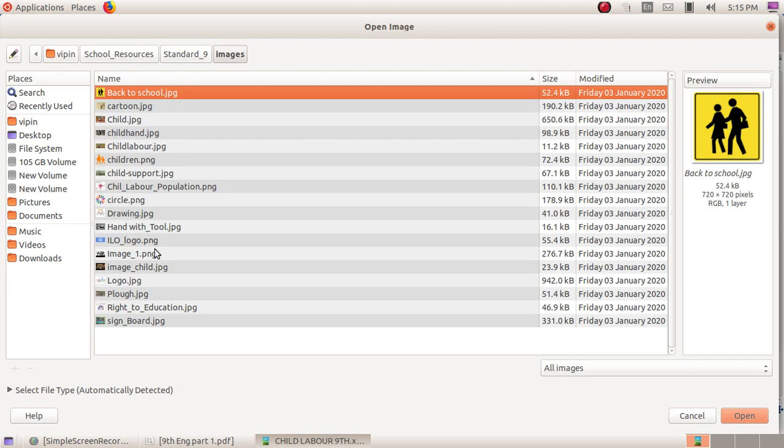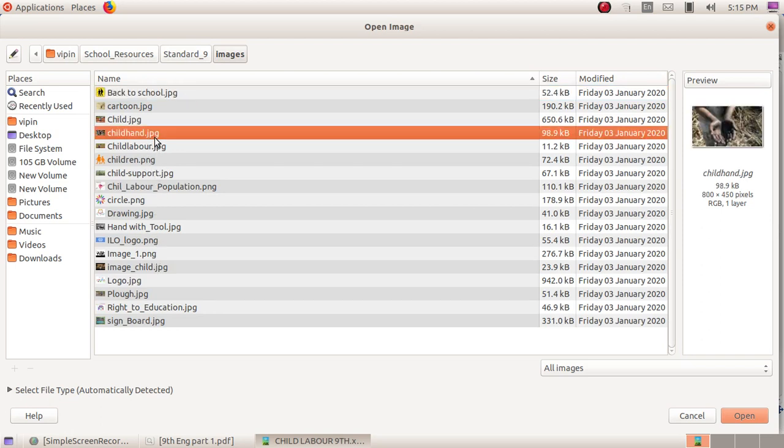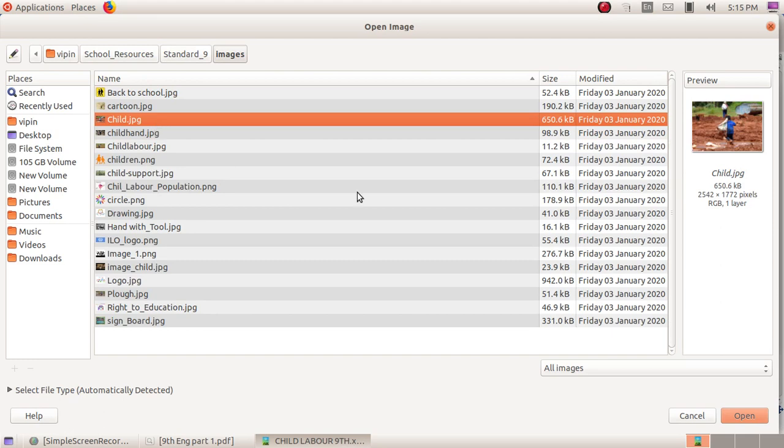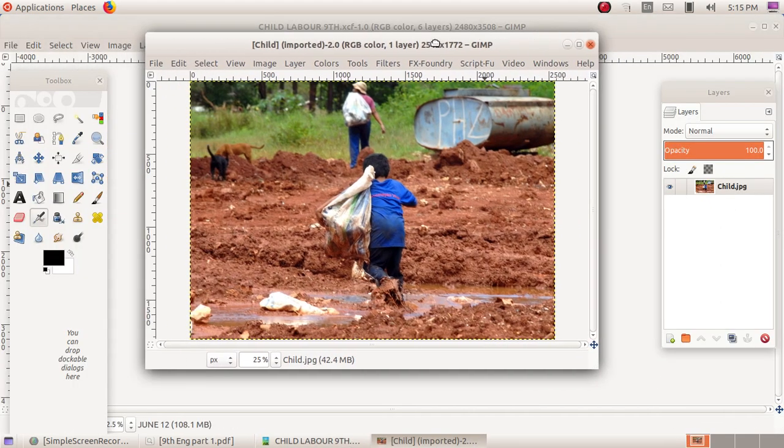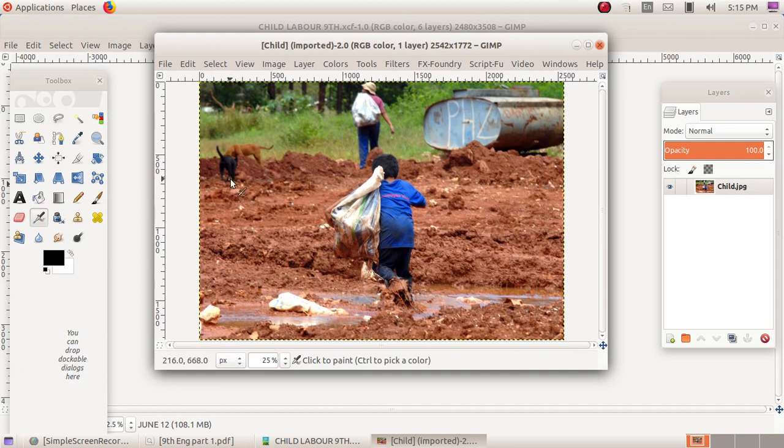In that folder, select a picture. Using the path tool, select a part of this picture. In this picture we can select that boy's part.